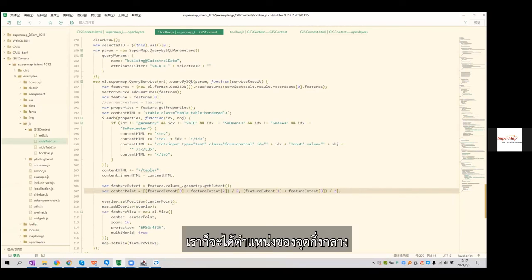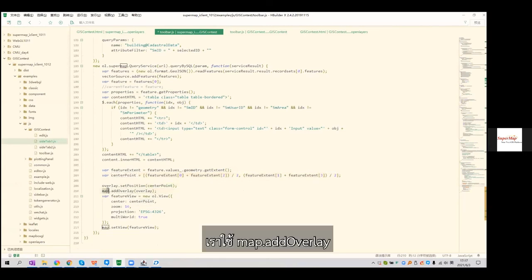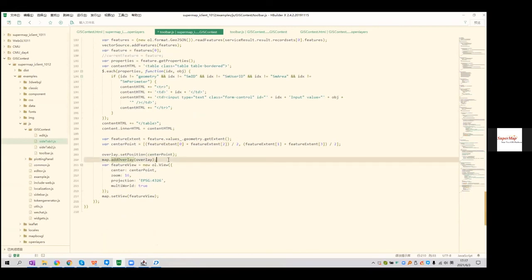So we can get the coordinates of the center point, and then we use map.add overlay, and next we need